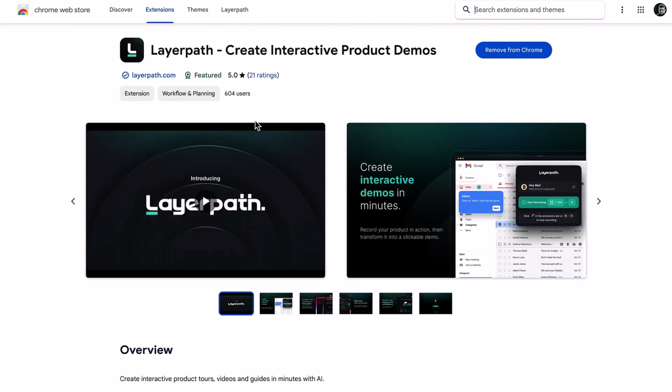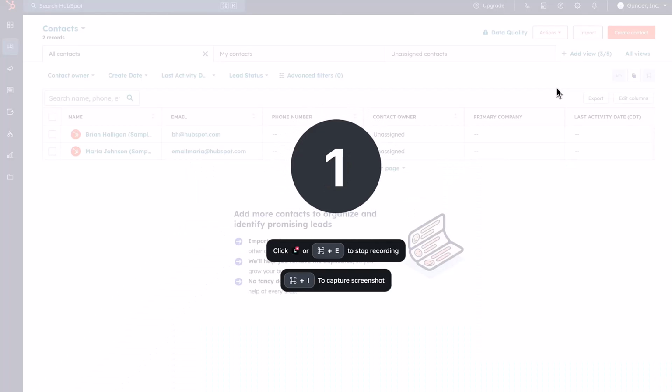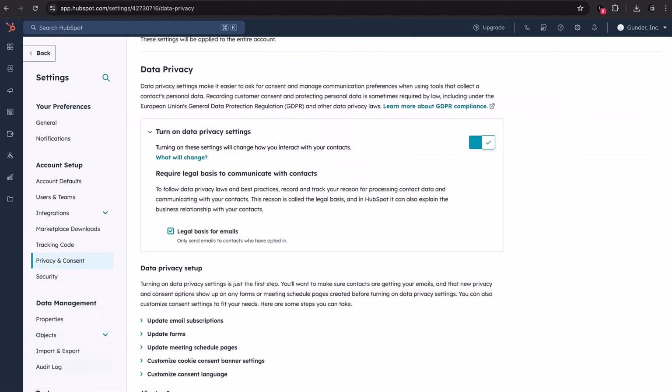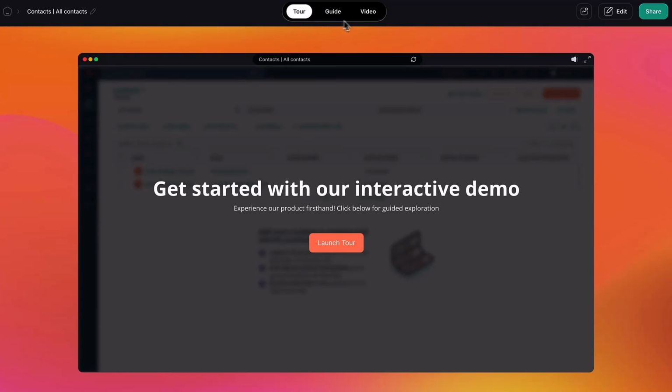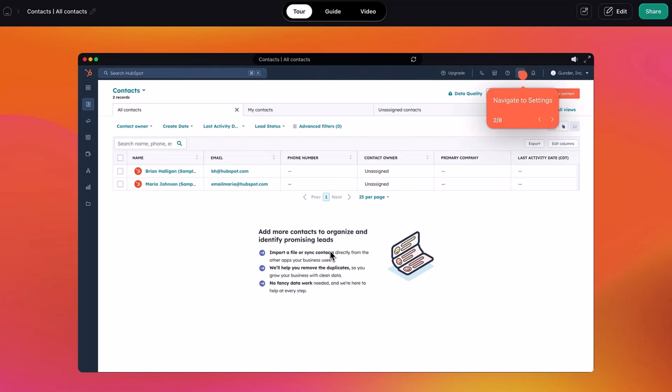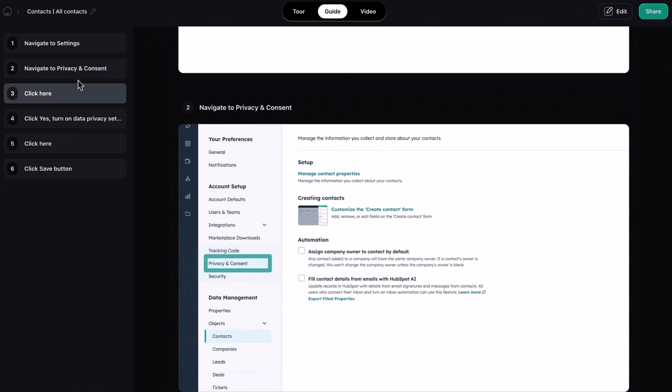To get started, install the browser extension and jump into Layerpath's unified dashboard. After hitting record, simply walk through your workflow step by step. Once you're done, Layerpath will convert your screen recording into 3 interactive formats: tour, guide, and video. Tours are great for showcasing products to end users, guides can support knowledge-based documentation, and videos can be used for